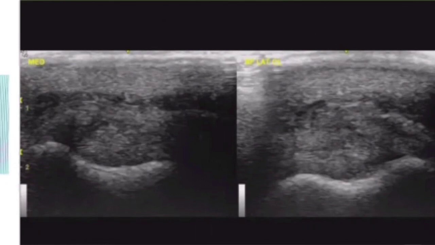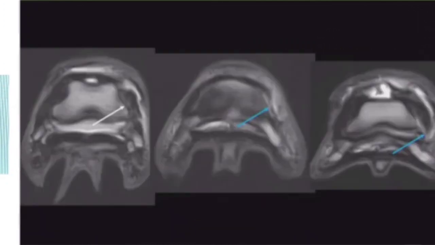So we have put a story together, right? We have a collateral ligament injury, we have a swelling on the coronary band, we have a lame horse. So we have an answer, right? But again, sort of like the deep flexor tendon, we have a tip of the iceberg situation. So the horse went on to get a low field standing MRI,